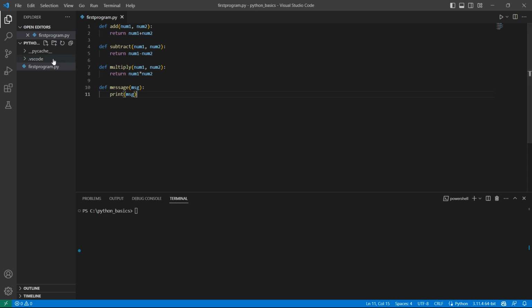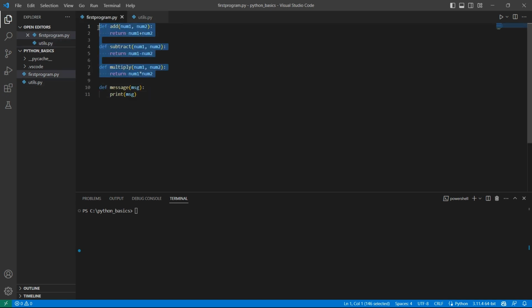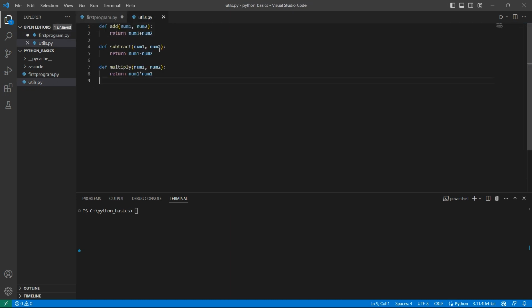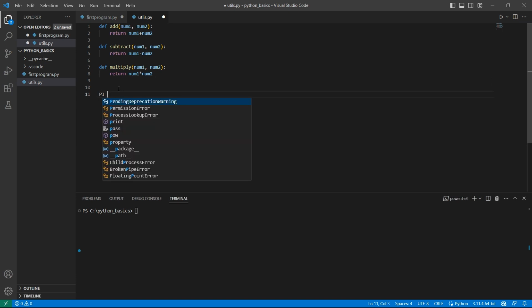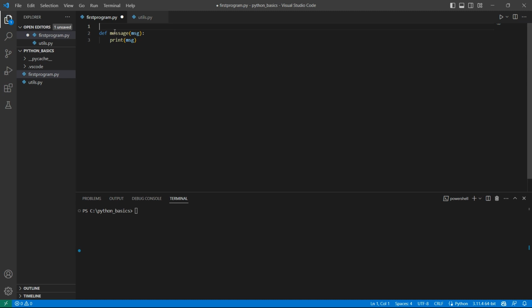Let's create another file called utils.py. Let me move these functions to utils. Let me add another variable also, which is pi equals 3.17. Save it. To use these functions or variables in other modules, simply use import keyword followed by the module name,